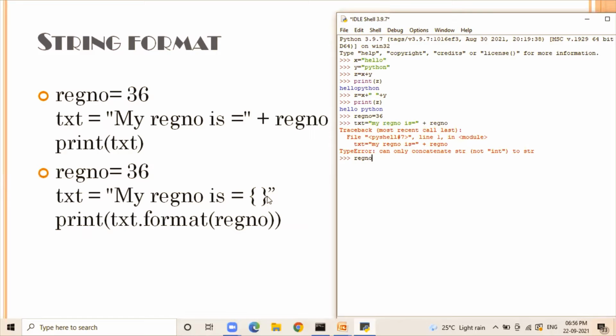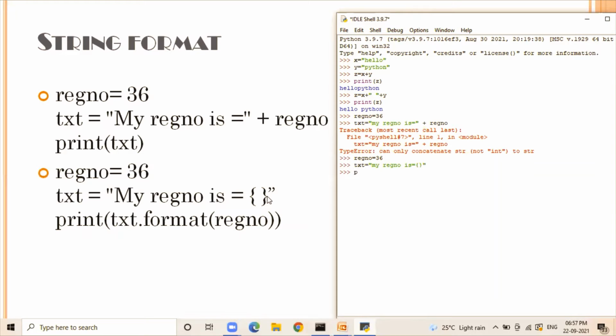Let us create a numeric variable, that is register number. Now let us create a string variable text: my register number is, and use a placeholder, which is a pair of flower brackets enclosed within double quotes.